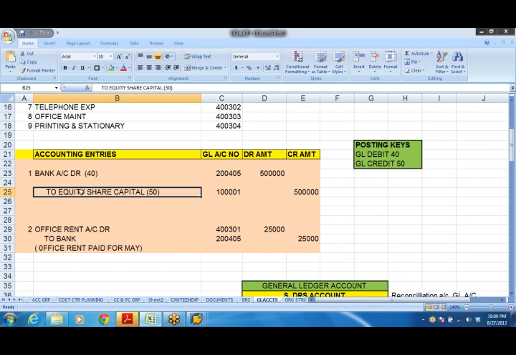Prasad, are you comfortable with the accounting entries part? Are you able to understand? Yeah, fine. Okay, a little bit, but I'll practice once again. Then if anything else, I'll come back. Because these financial things, I'm not in accounting, so it takes some time to get familiar with all these.